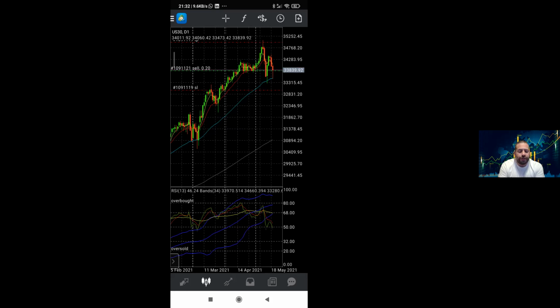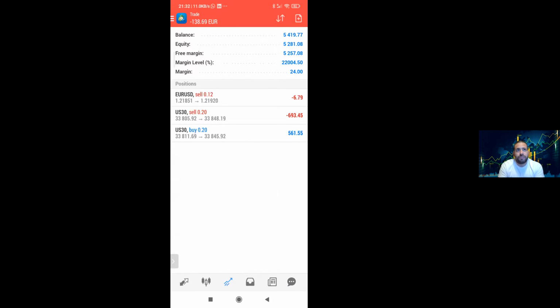We've been given a tip to protect our trade and move stop losses to break even. So how do we do this? First, we press and hold the trade, then click on modify order. The first thing we want to do is move our stop loss to break even. Now, how do we do this? Look at the very,